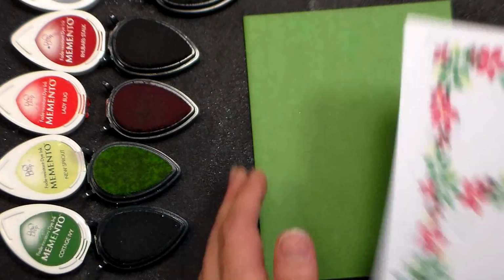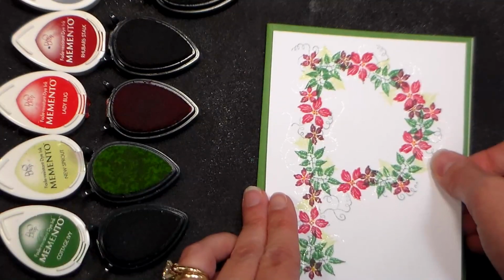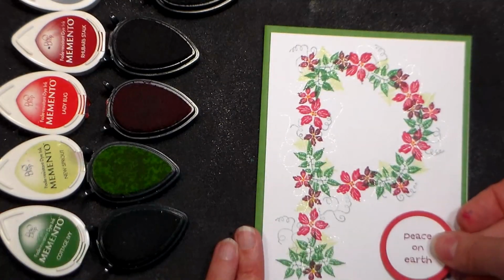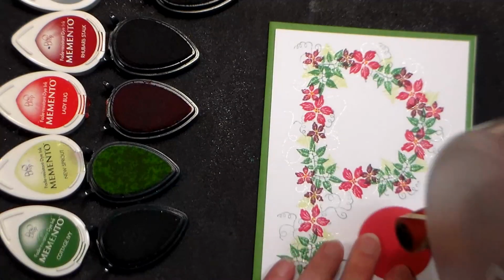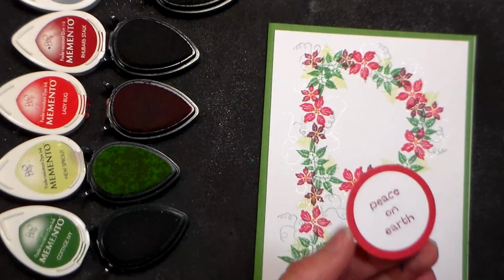And that's a really fun card. It's going to build your design skills by doing cards like this, and it's just really fun to get to know your stamp sets too. And then I would just put this on like that. Now that would be pretty in green, matted as well, so you can really use up your scraps